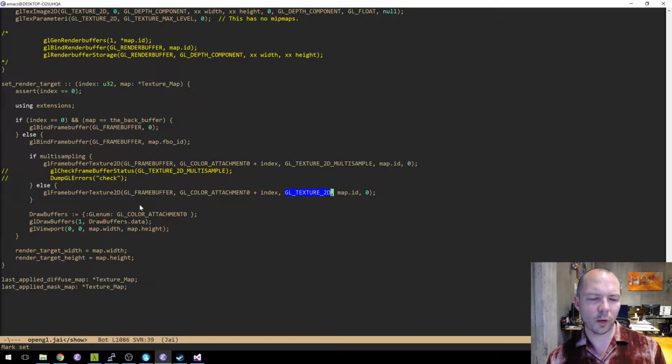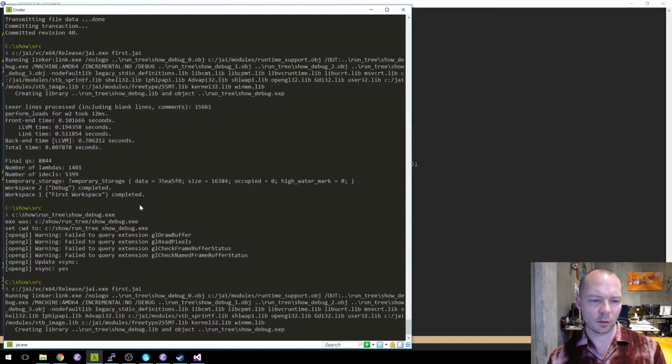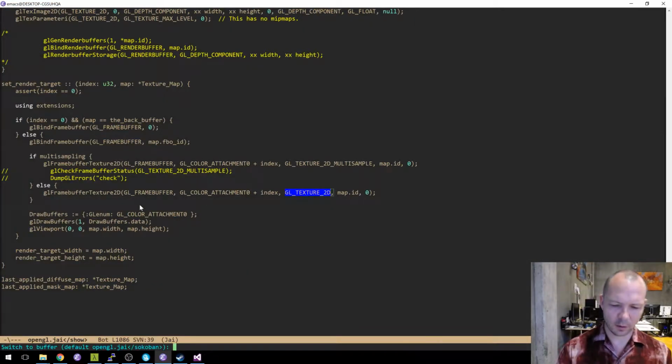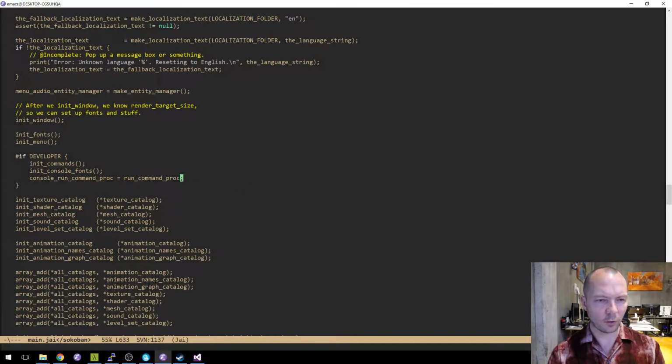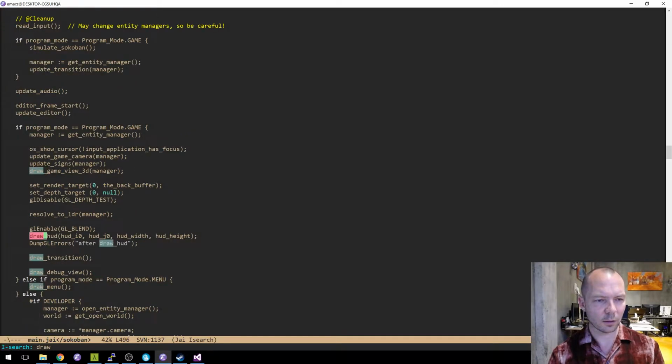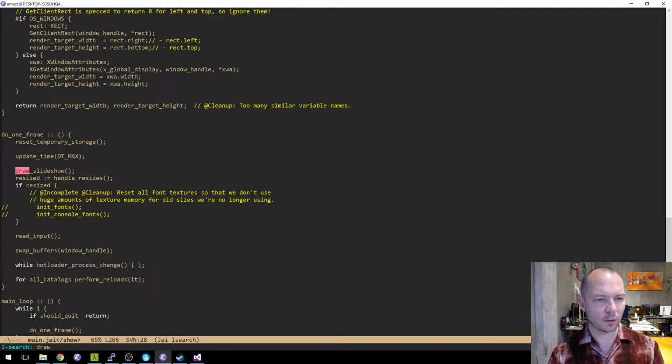So what I'm going to try to do is I'm going to try to, in main, set the render target, draw, and then set it back. No, not in Sokoban. Okay.